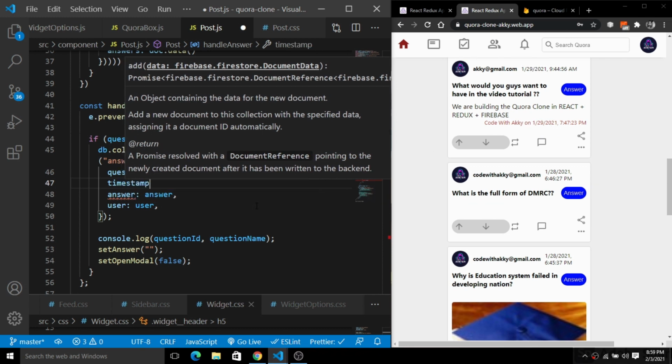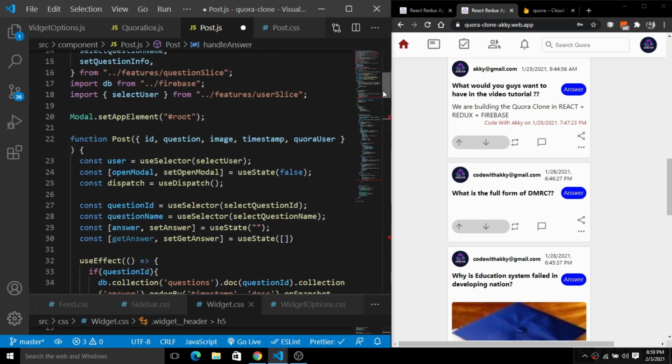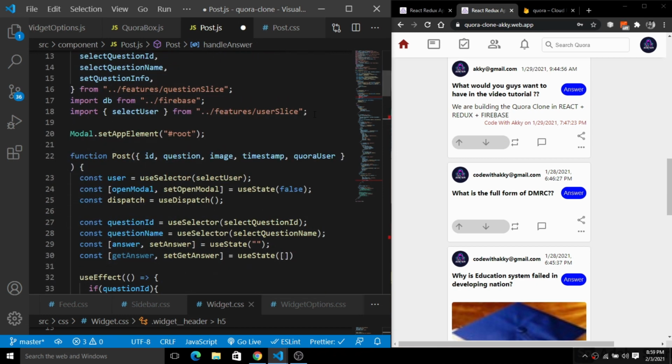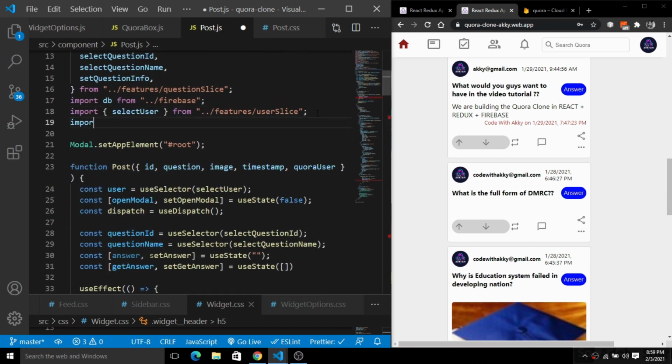For this timestamp, we will use Firebase. First of all, you have to import Firebase here, from the actual Firebase dependency that you have installed. So we have this Firebase.